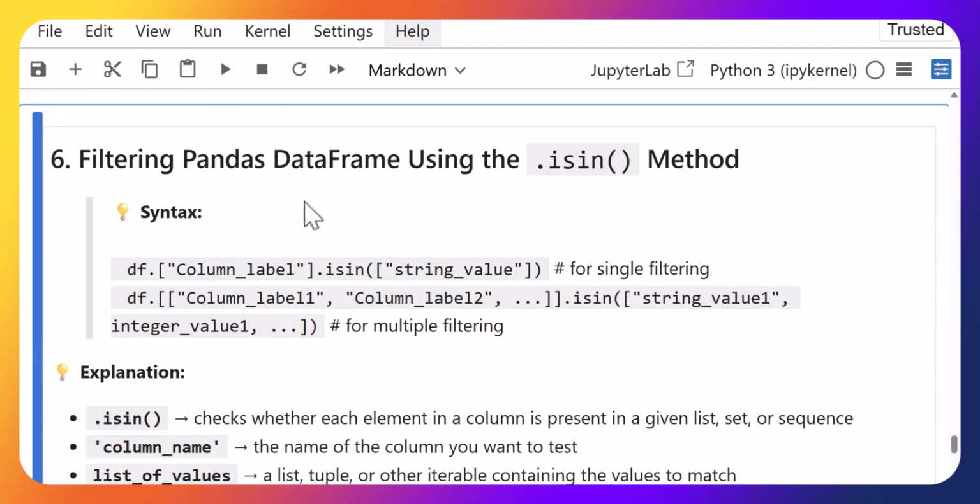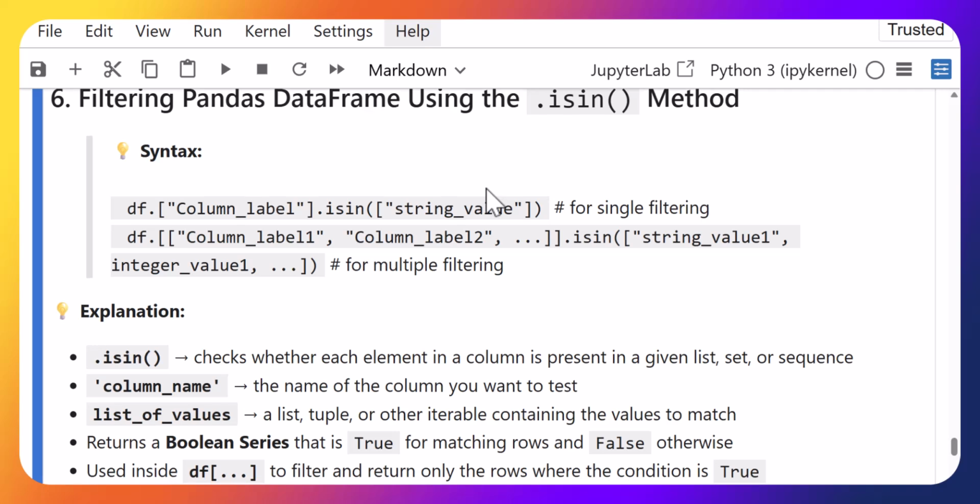Now there is a sixth filtering method, that is, we can use the isin method. This method also belongs to the data frame class itself. The syntax is very simple. You first use the angular brackets of the data frame. Here you can see that we have used the angular brackets. Within the angular brackets you have to specify a column label which should be present in the data frame, and then after the angular bracket is closed,